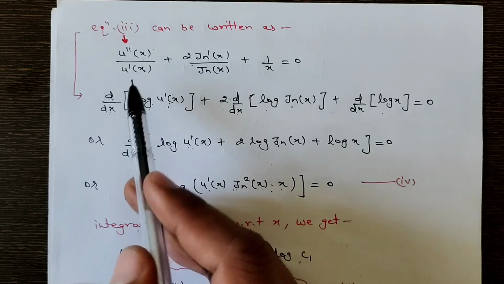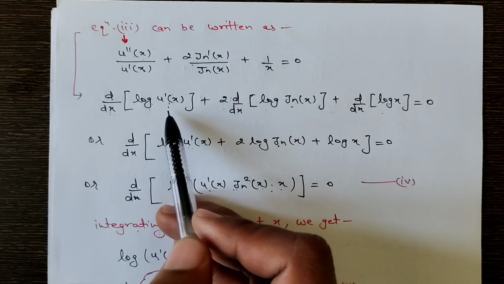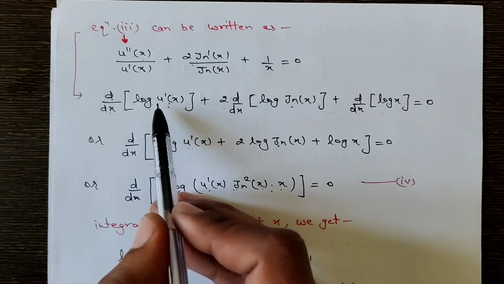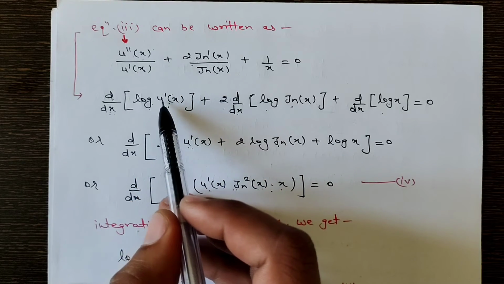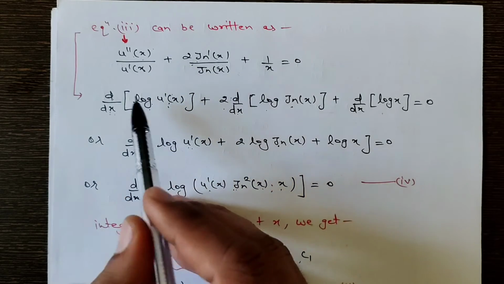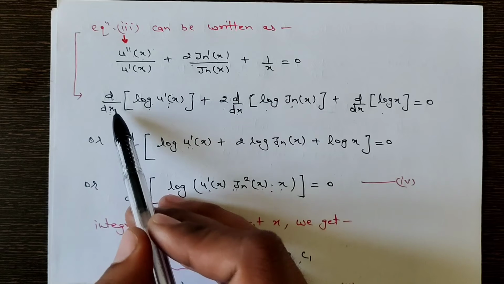over u prime x can be written as d by dx of logarithm of u prime x, log of u dash x. So just solve this derivative of log of function, so it will be 1 by u prime x and then the derivative of the argument, and it will be u double prime x. Clear? So in this way this first term can be represented or can be replaced by this term, that is